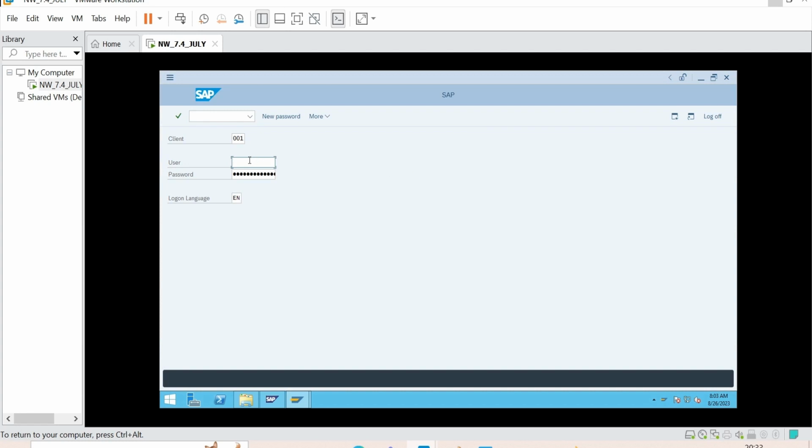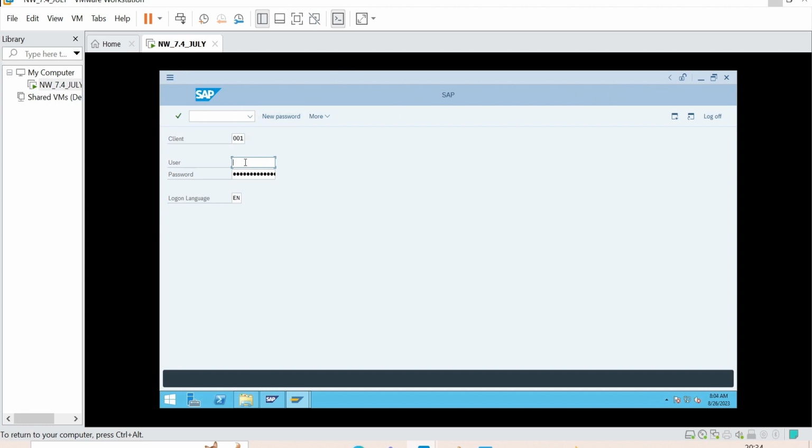The first time you are seeing the SAP screen, right? By default it is showing 001. Why is it showing 001 here? Because you set that parameter for all. The default login client will be 001. It will affect the entire system. If you want something to affect the entire system, you should put that in your default profile.